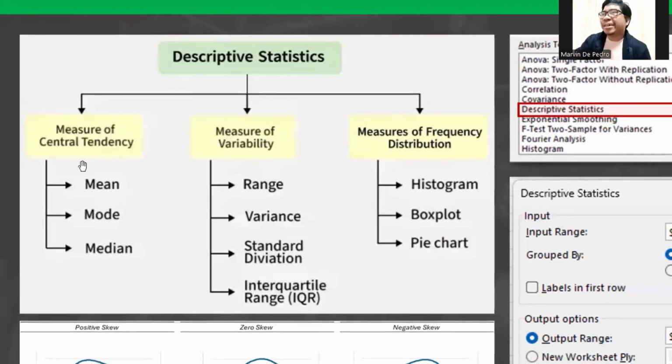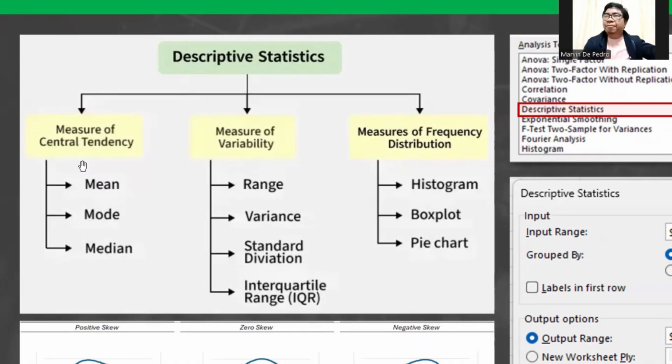Okay. So when we say statistics, there are two main types actually. We can be referring to descriptive statistics, where we are just describing the results. We are just describing what has happened. Okay, like what we do in descriptive analytics. Okay, and the other one is the inferential statistics. We're going to talk about that in a while.